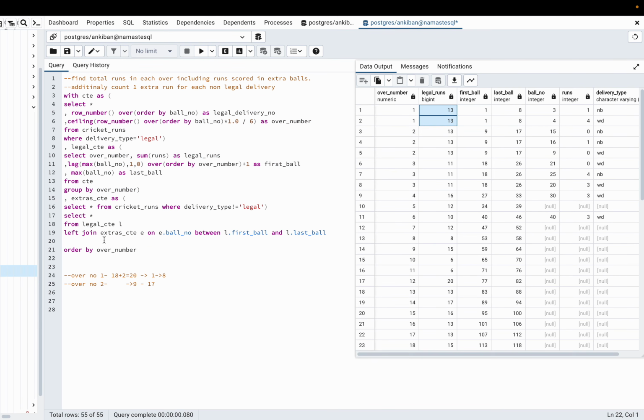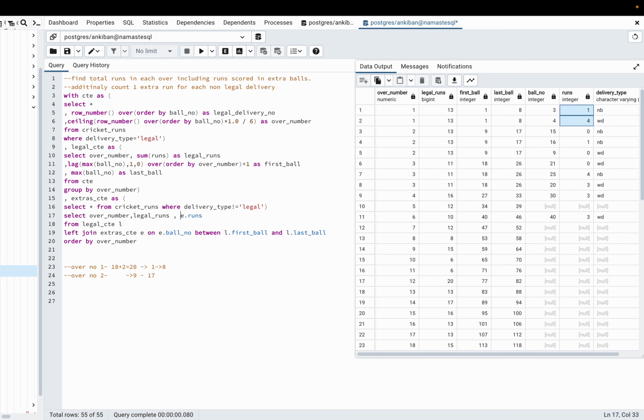I will say over number, comma, legal runs. Now what else I need to do? I need to add the extra runs, the runs which were scored on extra balls. So I will say E dot runs.